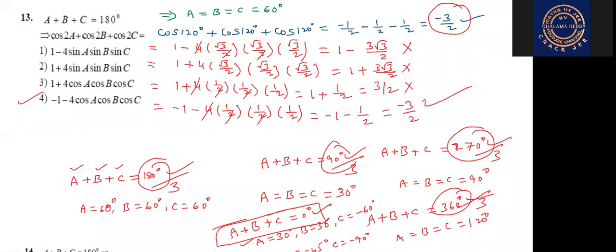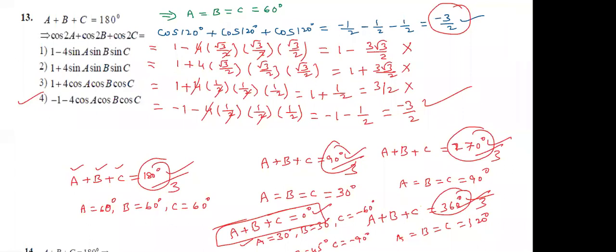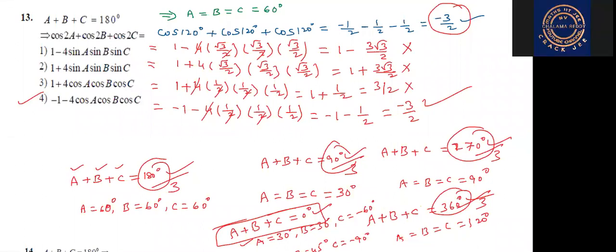The general method, which you already did in IPE, is a very lengthy method. In EAMCET, if you do like that, it will take more than 5 minutes. The time is not sufficient. That's why follow this method. How to take the values, I already explained. If A plus B plus C is 0 degrees, there is a difficulty. The remaining are easy only. In case two options coincide, go to the general method. At that time we can't do anything.